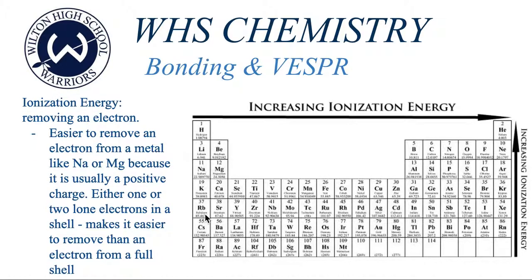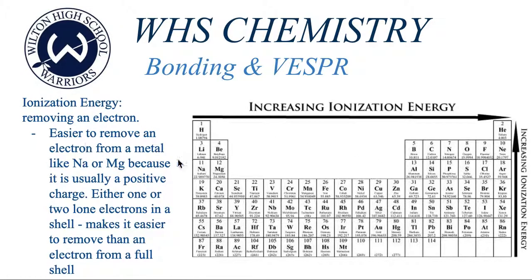So ionization energy is the energy required to remove an electron, specifically in the gaseous phase. So as you go from left to right in the periodic table, you increase the ionization energy, and you increase it as you go up. So this is because